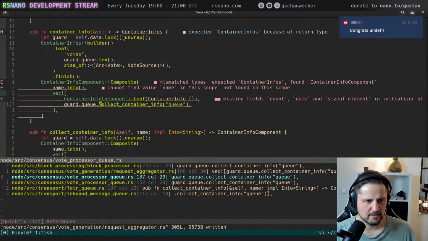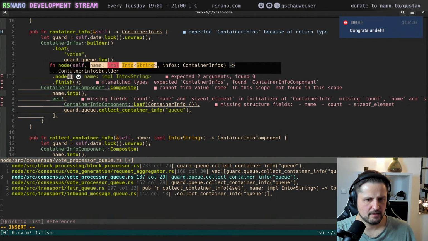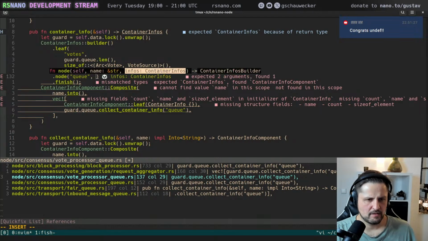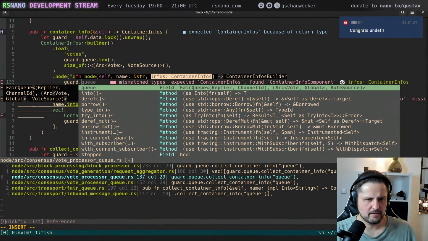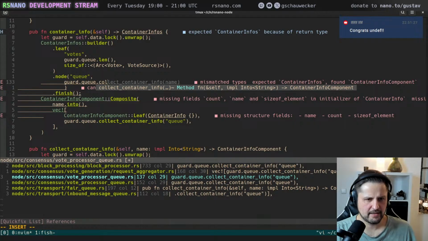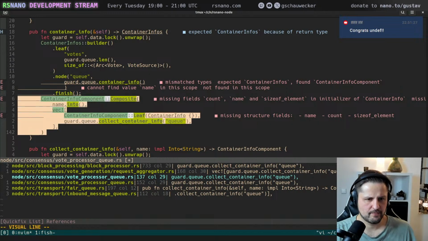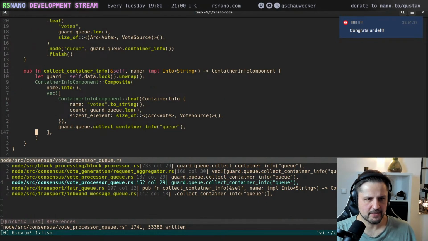So this was the place where we have to add it with the name. What is the name? Queue. Queue.collect. And dot container info. That's it. Okay. Next place. I want to commit after this.